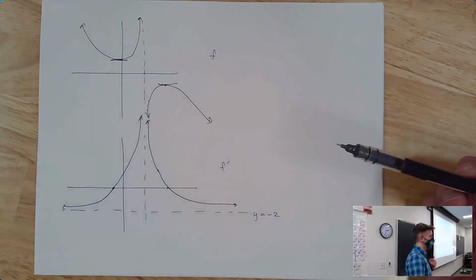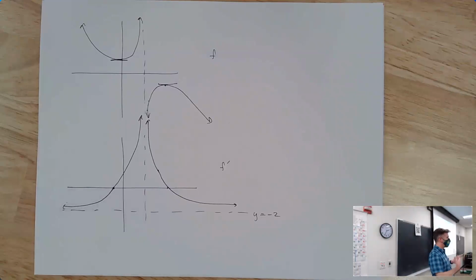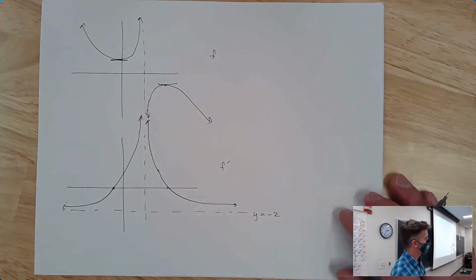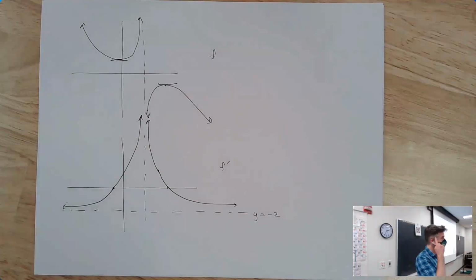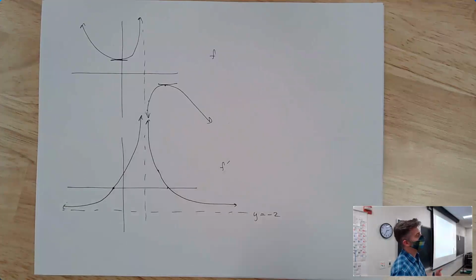But I will say the vertical asymptote part's pretty straightforward. You can't have a function that doesn't have a vertical asymptote and its derivative then does. As I said, I really don't think you can. Vertical asymptotes, you have to have one to have them. I mean, unless you guys can think of one. I can't think of one. No, I'm pretty sure you've got to have a vertical asymptote to have a vertical asymptote, which I know sounds redundant,